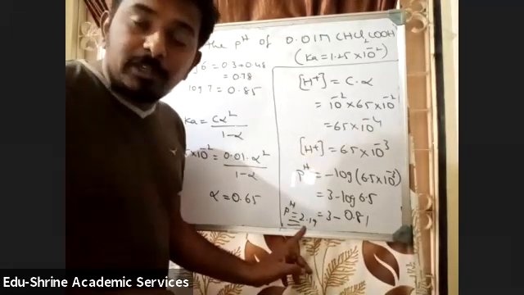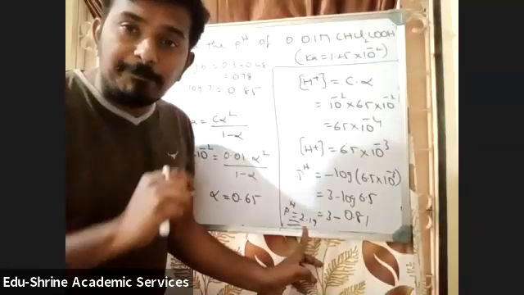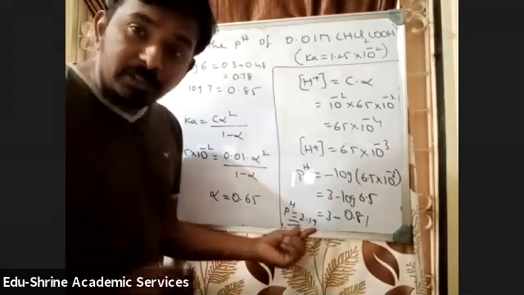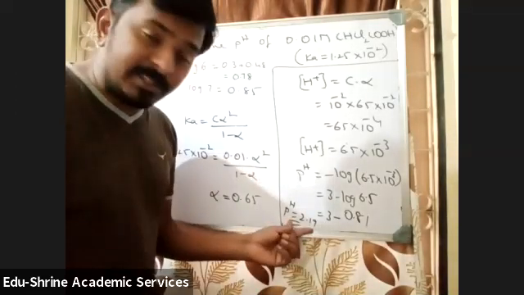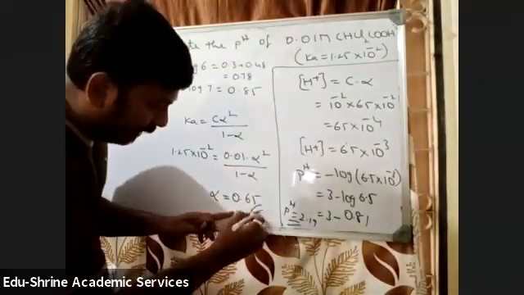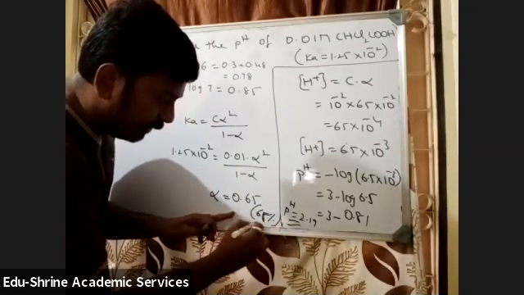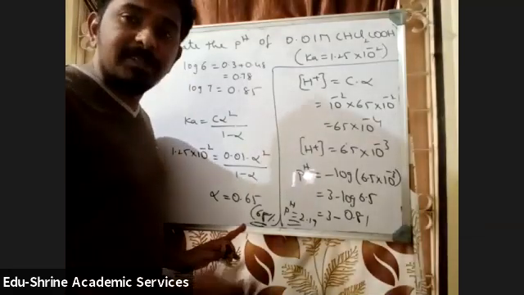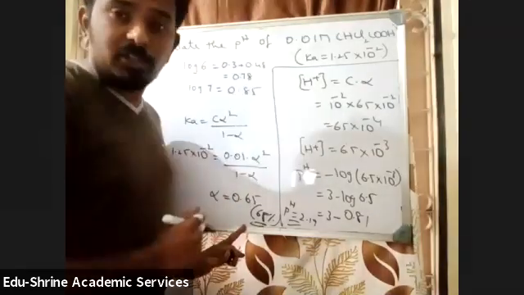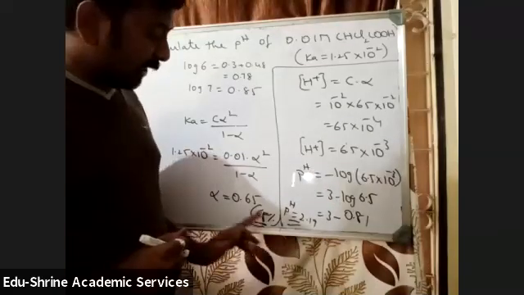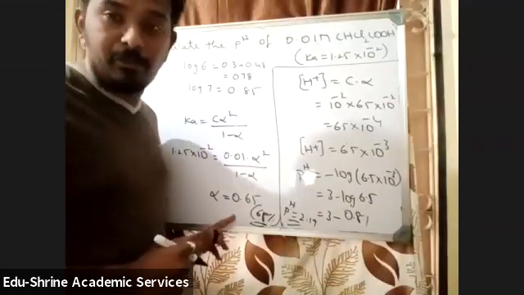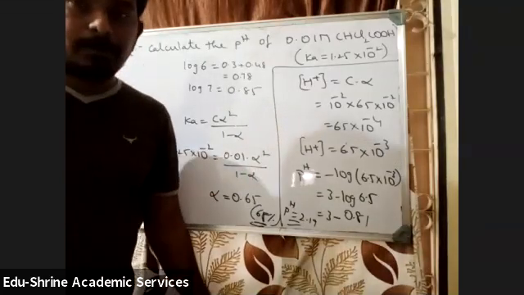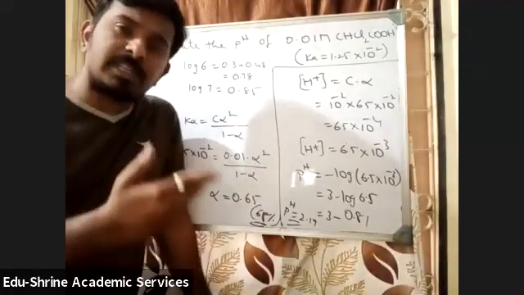See, generally we know that if pH is between 1 to 3, it will be a strong acid. So you can see this is almost strong. Why is this almost strong? Because alpha value is 65%. So the acid is 65% undergoing dissociation. That means it is not that weak, it is a strong acid only. So that's why calculating the value of alpha is very, very important. Rarely you get such things, but be careful.